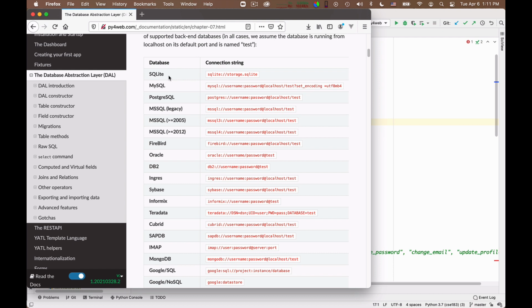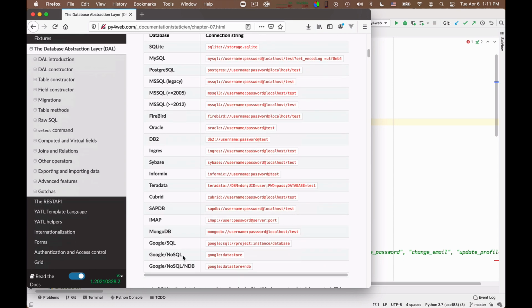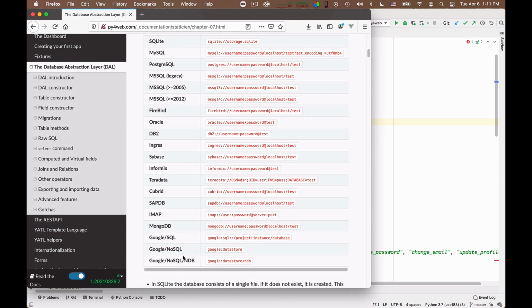For example, to connect to a MySQL database, you use mysql://username:password@localhost, etc. So you have precise instructions, and you can see that there is a large number of databases that you can use and interface to. This is one of the beauties of Py4Web, that you have this uniform way of interfacing to many different databases.